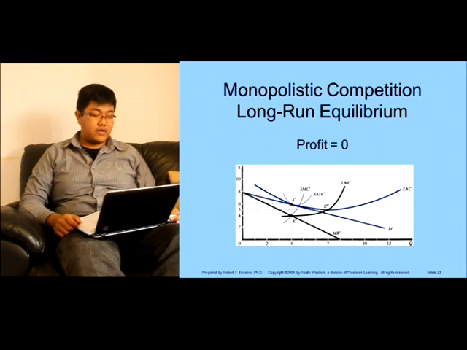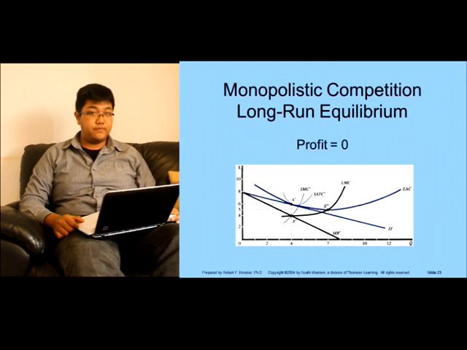In the long run price and output determination under monopolistic competition, the best level of output of the monopolistically competitive firm in the long run is 4 units and is given by point E, at which MR accent is equal to LMC and equal to SMC accent, and P is equal to LAC and equal to SATC accent, which is $6, so that the firm breaks even. This compares to the best level of output of 7 units given by point E, at which MR accent is equal to LMC and P is equal to LAC equal to $5 under long-run perfectly competitive market equilibrium.